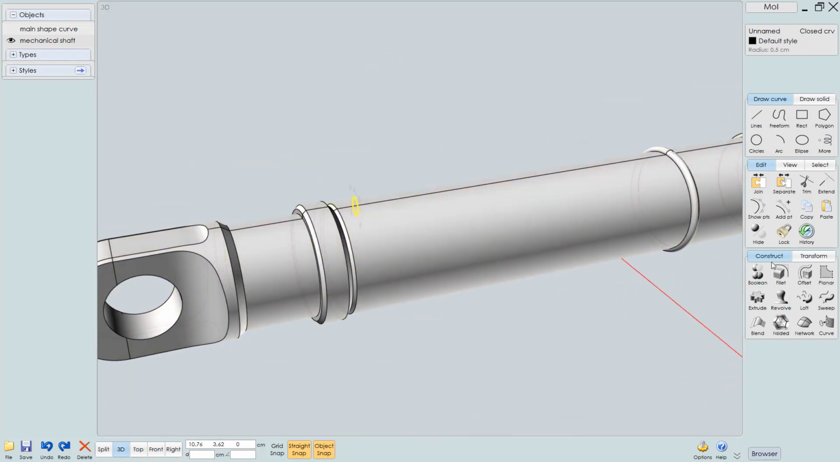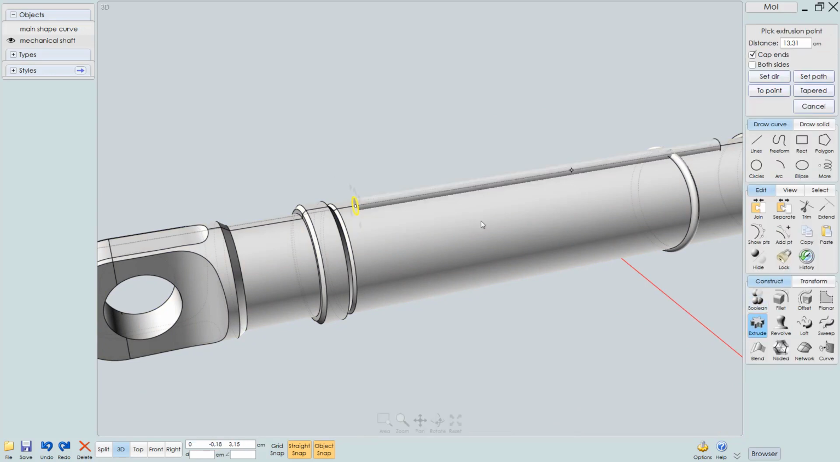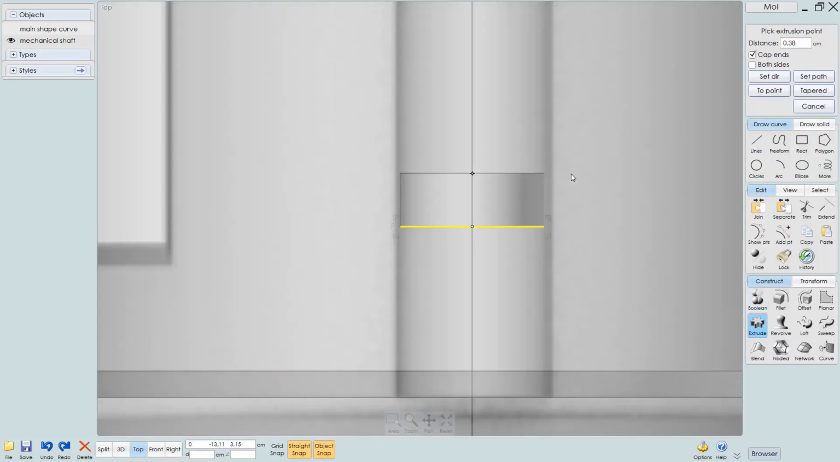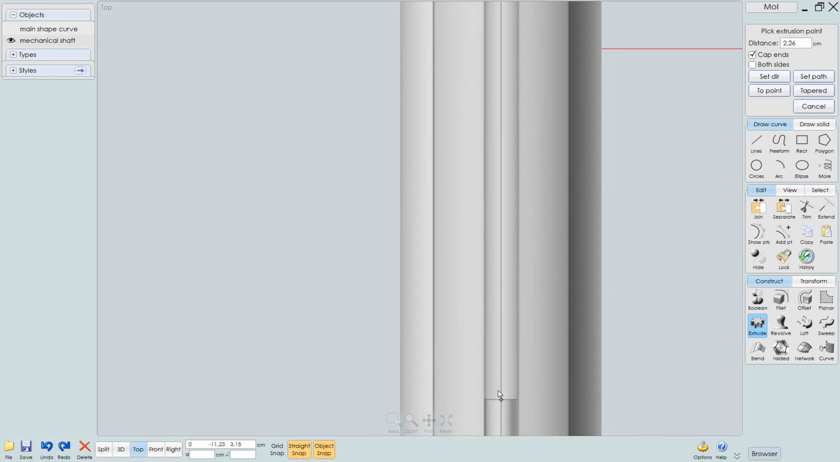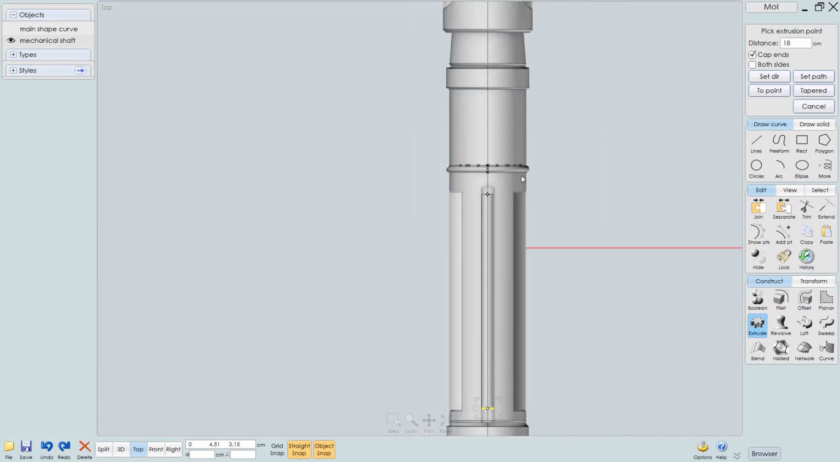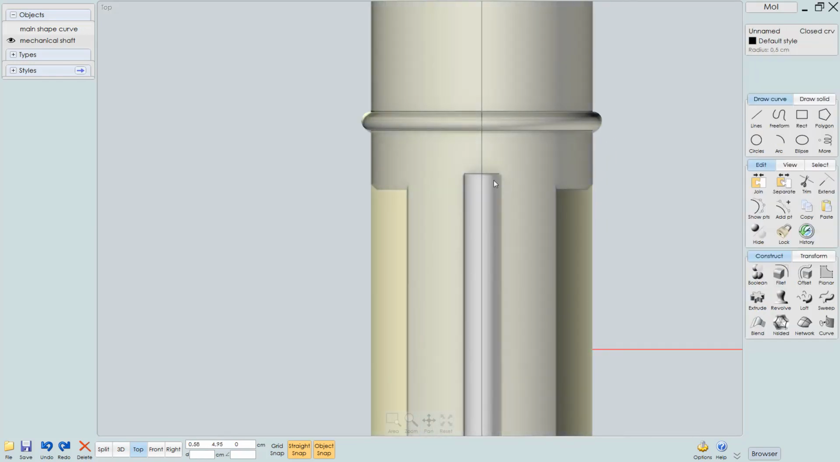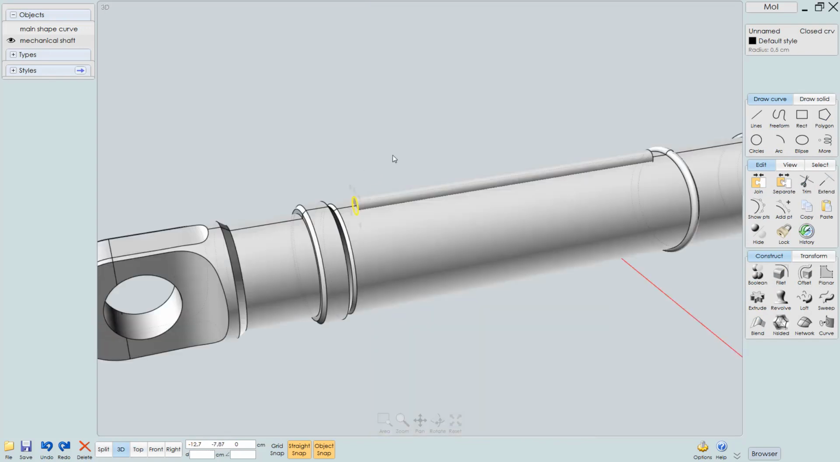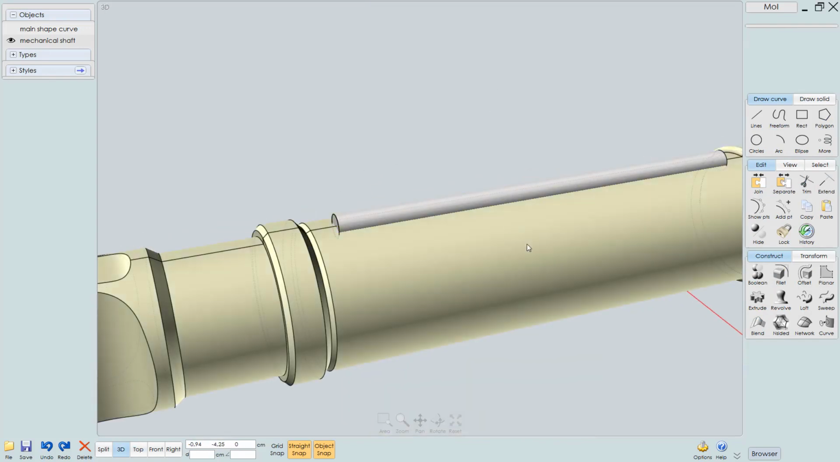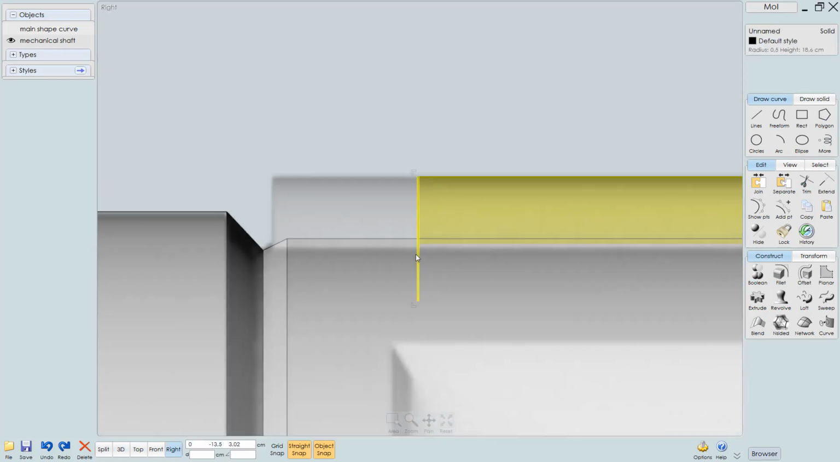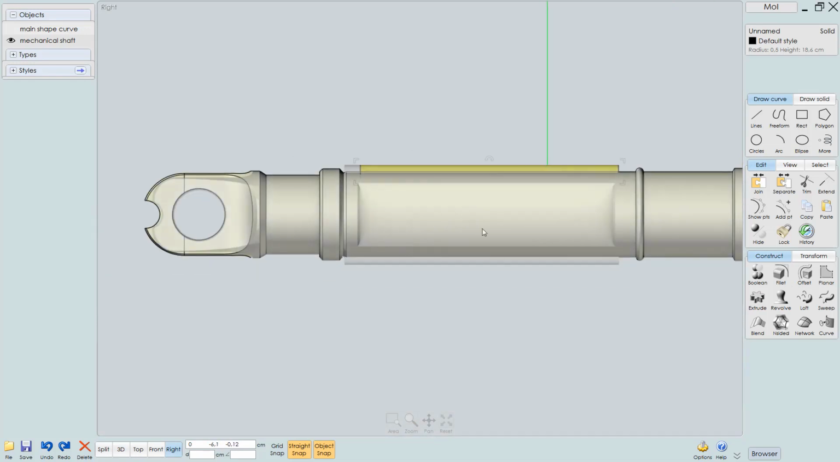Something like this, and then we can go to construct, extrude, and extrude this over. Let's switch to the top view and extrude it all the way to here. And then I'm going to select these two objects, but we need to mirror this one first, so let's go back to the right view. So with this object selected, I'm going to use the mirror command again,